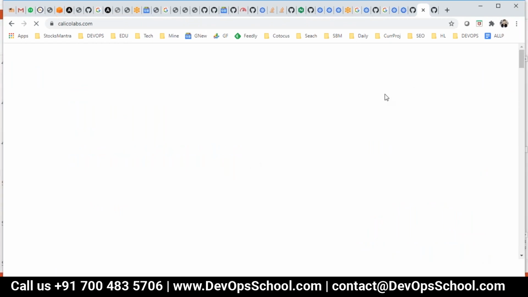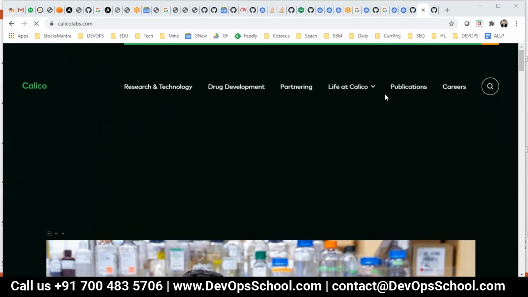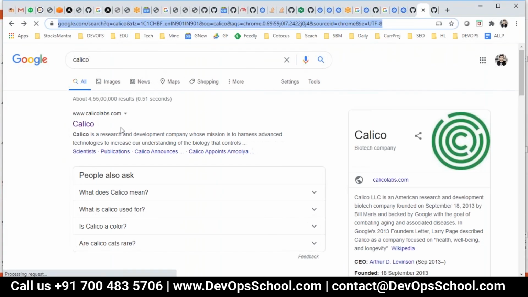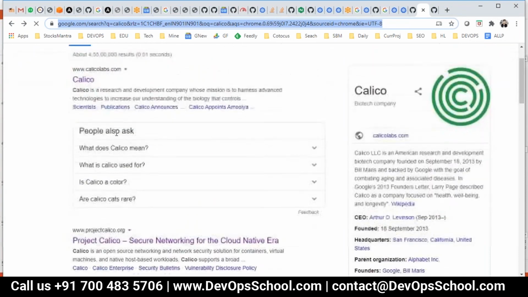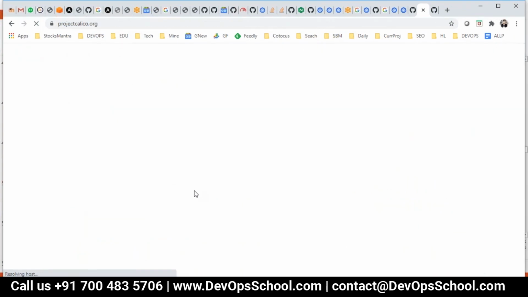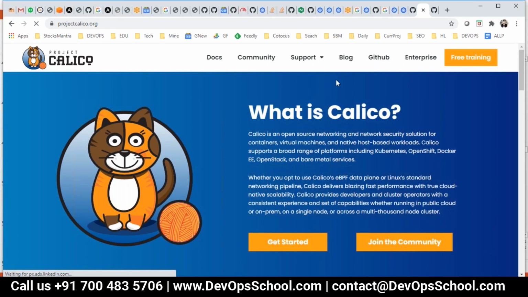Now the question is, how can I install Calico? I don't want VNet, I want Flannel or Calico or something else. This is one product which you can go through the documentation for. This is a commercial website, the same company, but this is the one I'm talking about: projectcalico.org. So the question is, how do we install Calico? That's a major question.